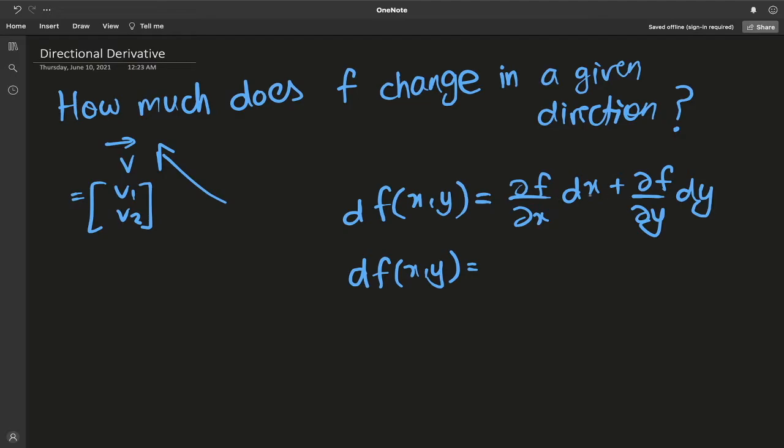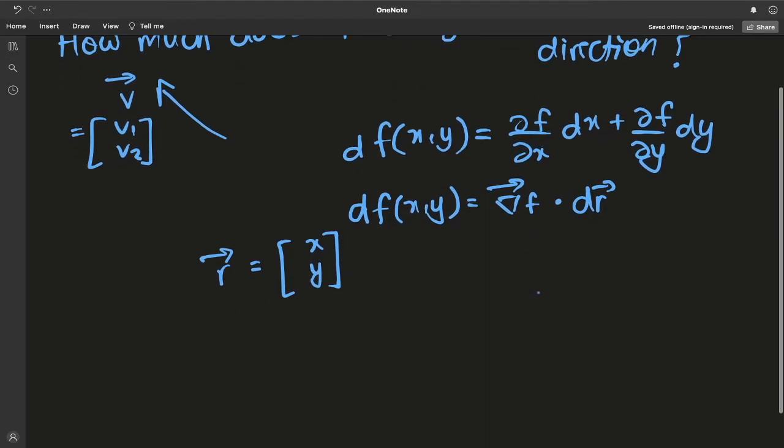Just looking at this, you realize that this is a dot product of the gradient of f dotted with this dx dy vector, which I prefer to call the dr vector. If we define r to just be the position vector x and y, then dr will just be dx dy. Okay,